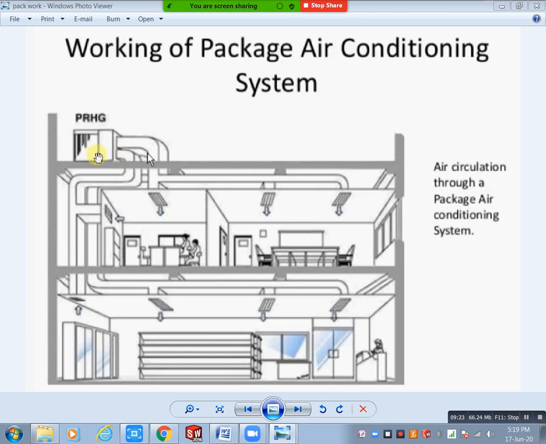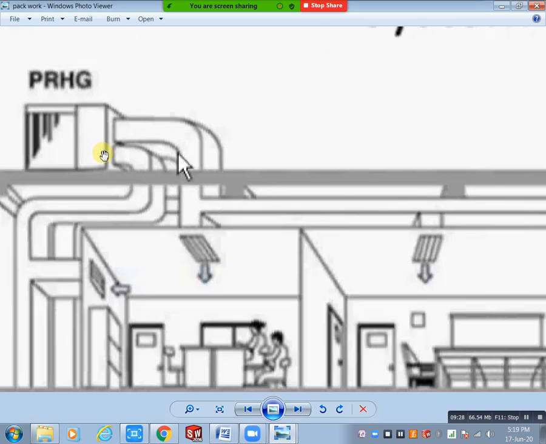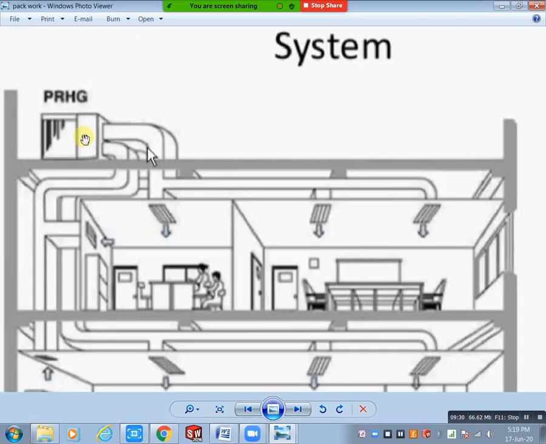Here we have our machine. You can give an opening for the fresh air duct here, and at the same time directly you can give the opening here for exhaust air purpose. Here we have the return air duct. For this return air duct you can directly mention an opening here, for exhaust purpose only. 30% of air, because of how much fresh air you need, that much exhaust air we also release to outside. That is the common balancing of air conditioning. That is compulsory as per standards.